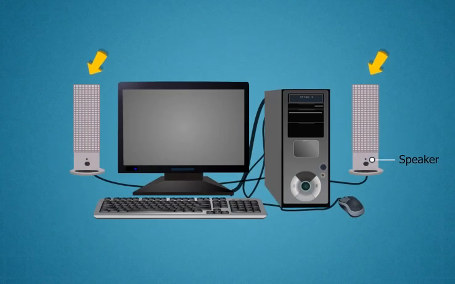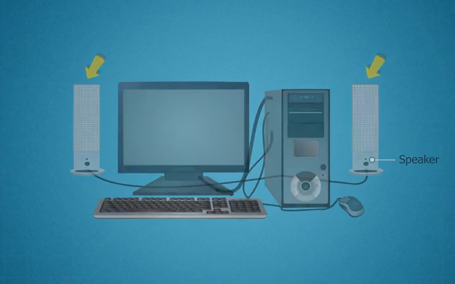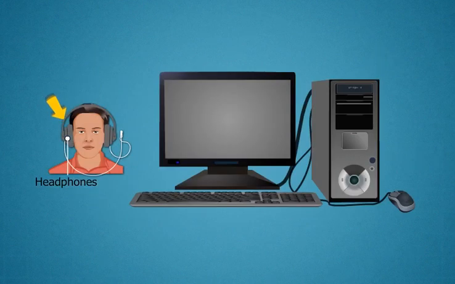A speaker is an output device through which we can hear sound. Without a speaker, we will not be able to listen to music. Headphones give sound output from the computer. They are similar to speakers, except they are worn on the ears, so only one person can hear the output